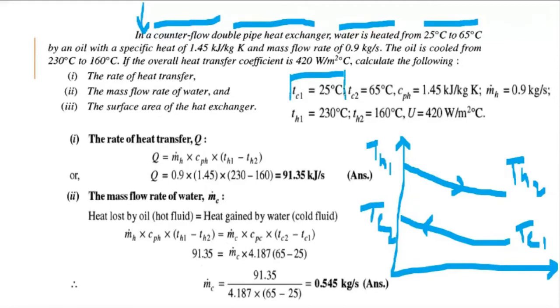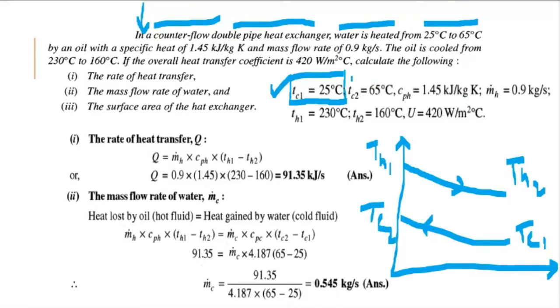This is how you need to see the given data. If you cannot take the data properly, you cannot solve the questions. If you can take the data properly, there is nothing else to be done in the question. The only thing you have to do is take the data properly, and direct formula will be given. You have to put the data in the formula.